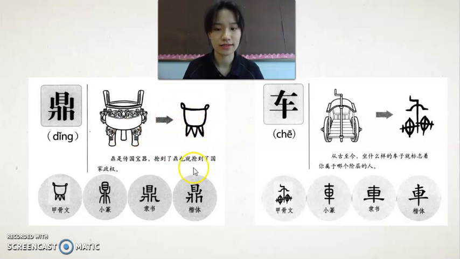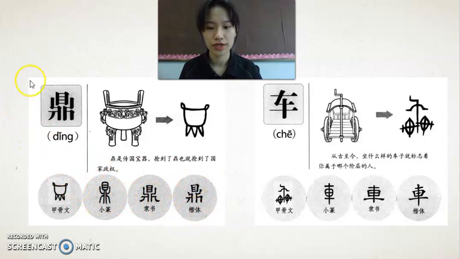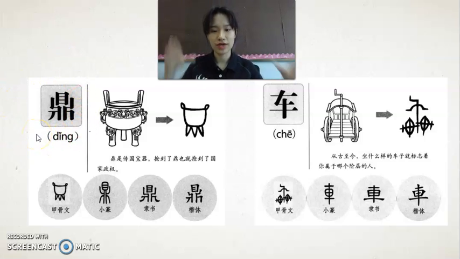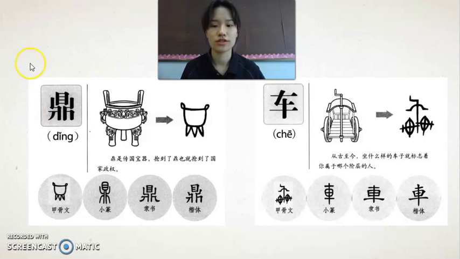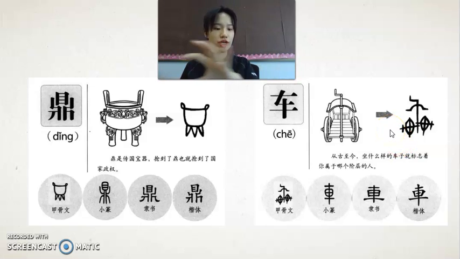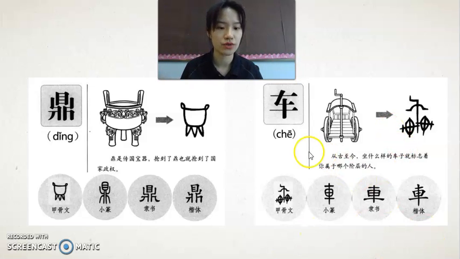First, it looked exactly like it. And then it changed. Right now, it looks like this over here on the left part. You still have the legs. You still have the head in the middle. It still looks like it, right? 顶. And then a long time ago, we used some wood to make a car, like this with wheels, and drew it like that. After time, this pictogram changed all the way until the left one.